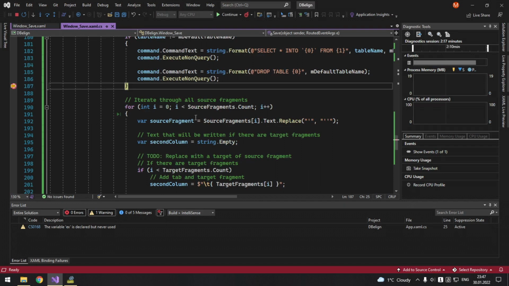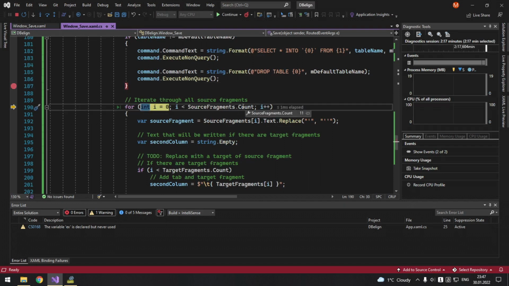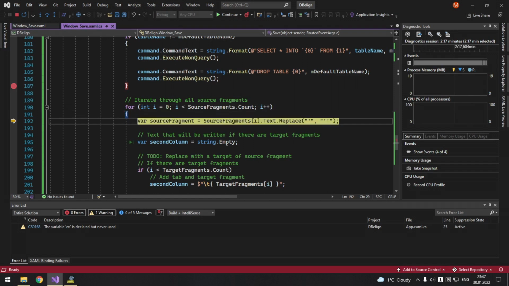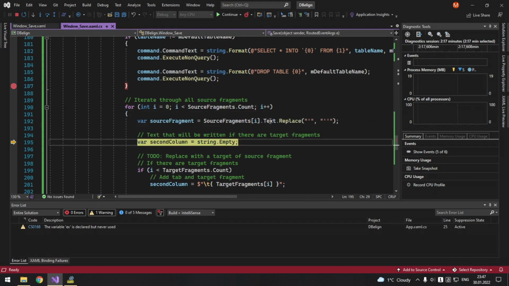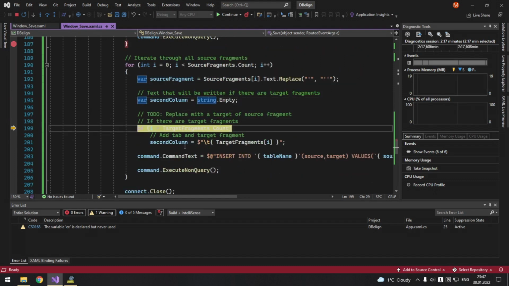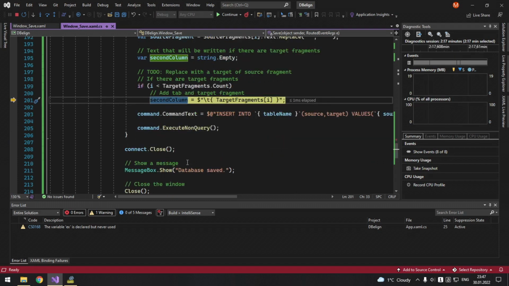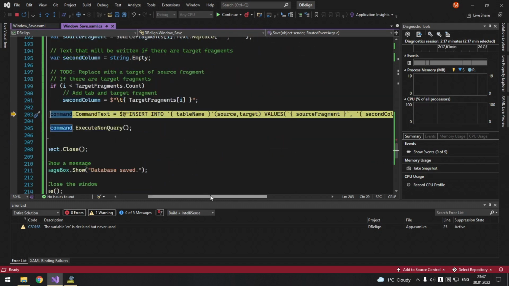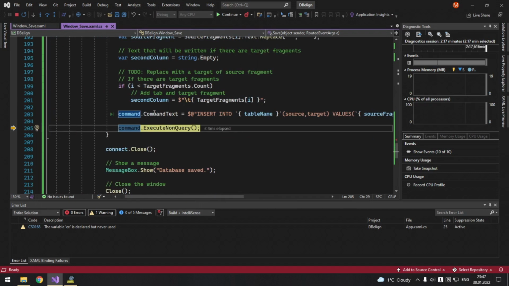So we iterate through, we get the source fragment, it's text 1, second column, insert into, maybe it can be here.